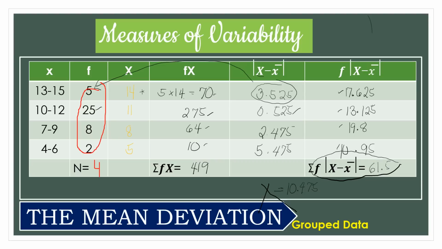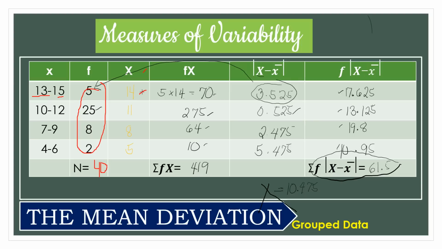So the value of our n is 40. Next, we solve for the value of x, or the class mark. Again, we do that by getting the midpoint of the lower limit and the upper limit. Okay, so 13 plus 15 is equal to 28, divided by 2 is equal to 14,